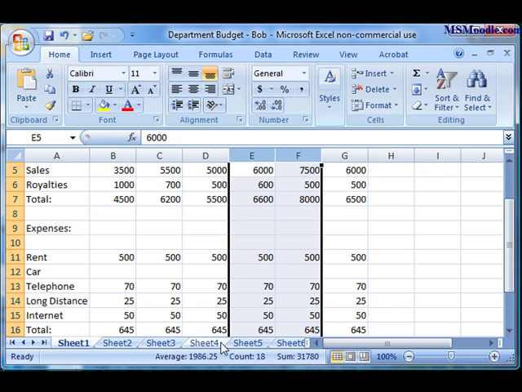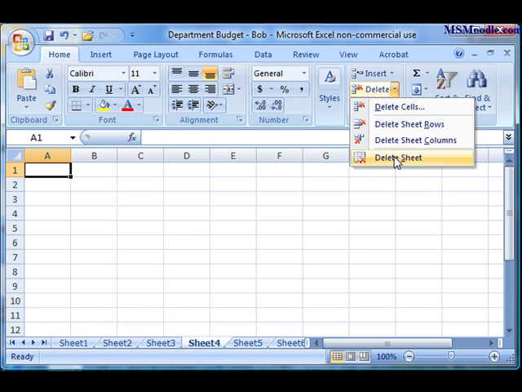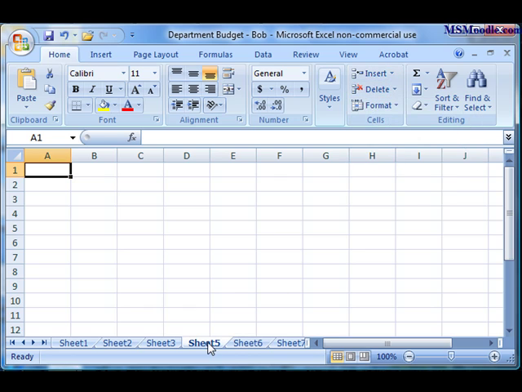If I want to delete a particular sheet, I can select the sheet and click delete the sheet, the same way that I inserted. Or you can right click a sheet and click delete. So lots of ways to delete and insert sheets, rows,